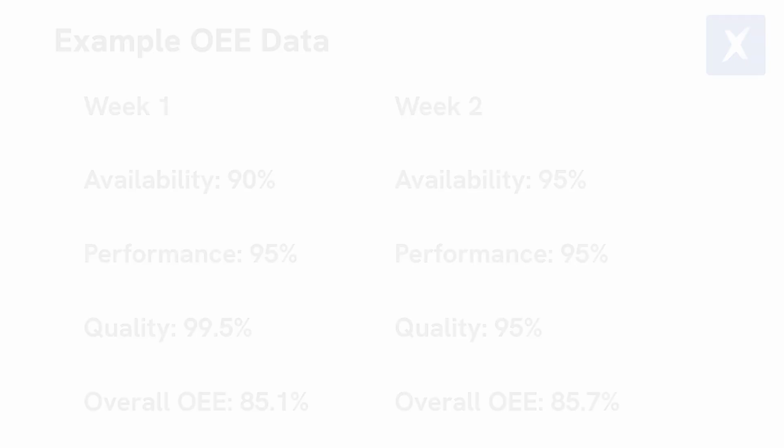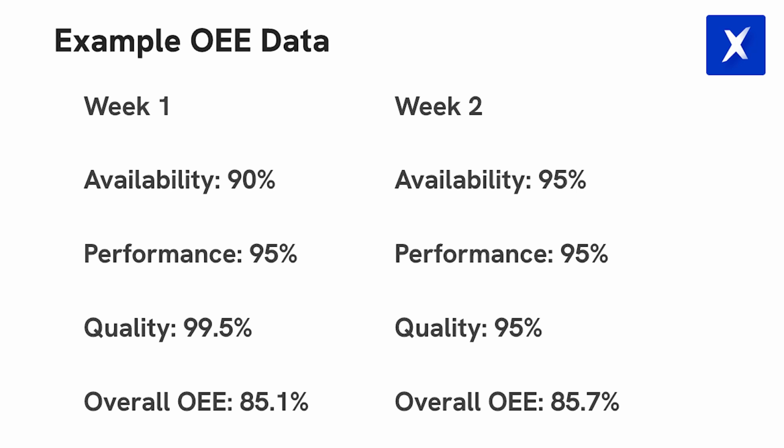Finally, there's a caveat. What your OEE score does not provide is any insight as to the underlying causes of lost productivity. This is why availability, performance and quality should also be watched individually. Here's an interesting example. Look at the following OEE data for 2 sequential weeks. Hey, look, OEE is improving. Great job. Or is it?